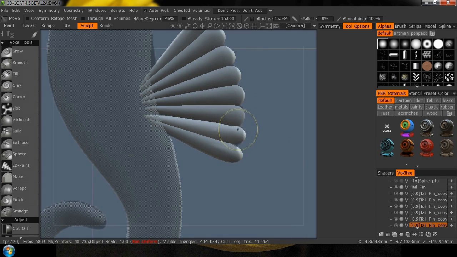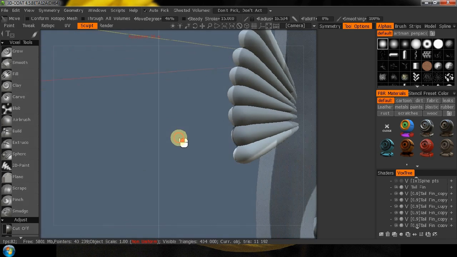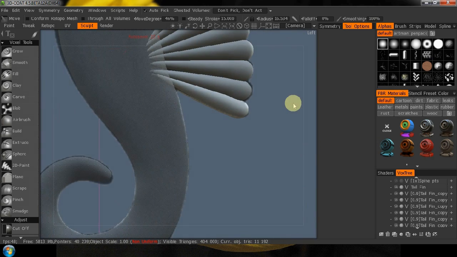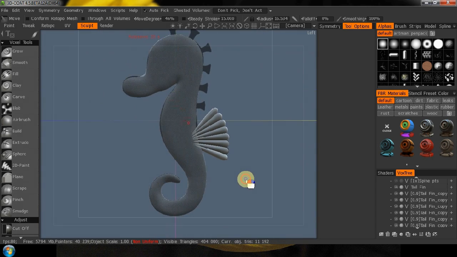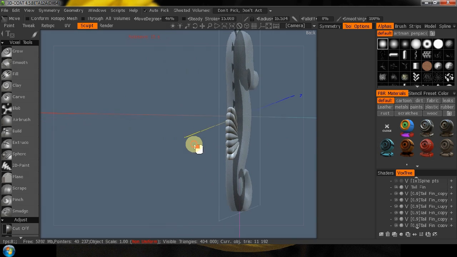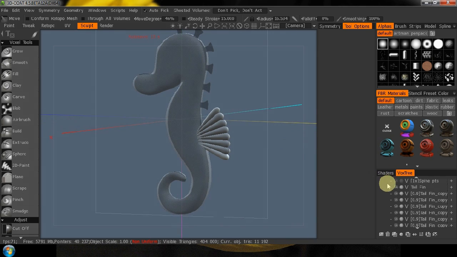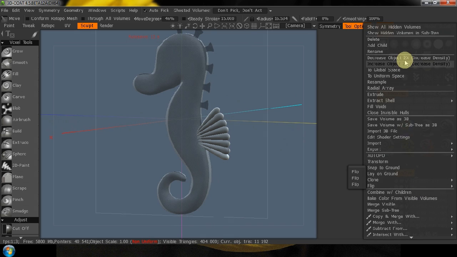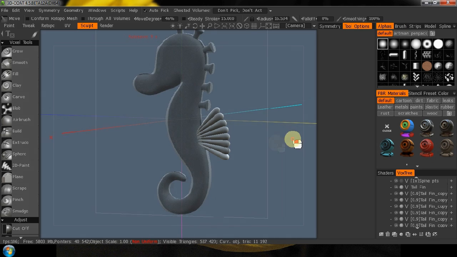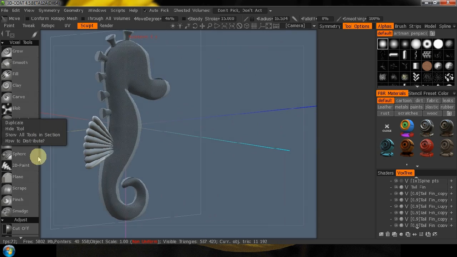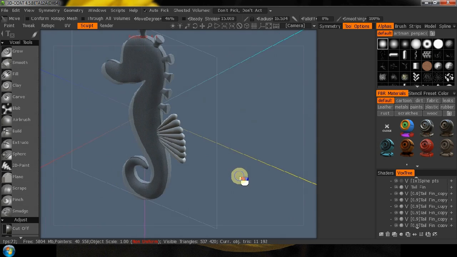Click once, move. And there we go. That's our tail. Let's back it away. Let's turn everything back on. Right click on anything, show all hidden volumes, and there you go. Now you've got your